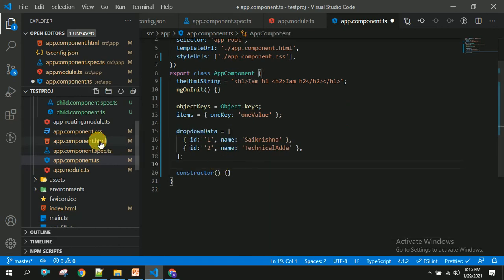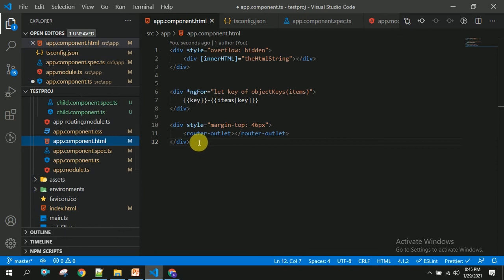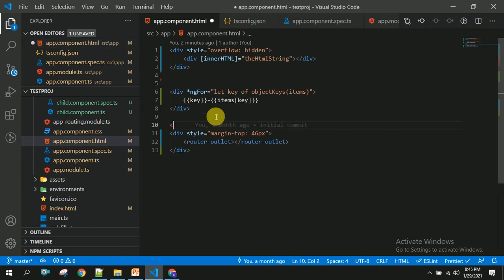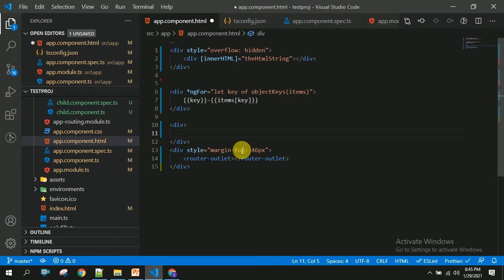So once this is done, I am going to my HTML. In the HTML I am going to take another div. Inside this div I am going to write a select tag.